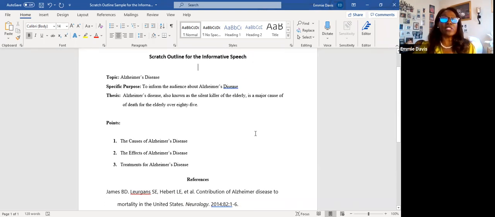Now, so we've looked at the topics, we've looked at the scratch outline, and I'm about to show you something else really interesting that may help you that is already in your resources. Look what I have for you. We have something called the speech outline design. I'm going to share my screen as soon as I can locate it here and pull it up so that